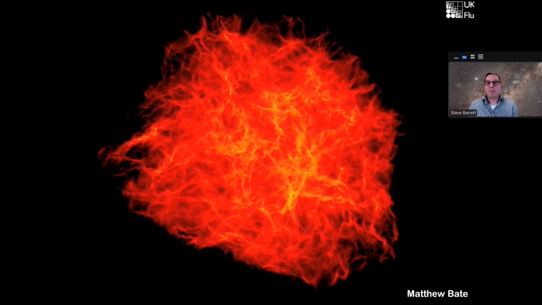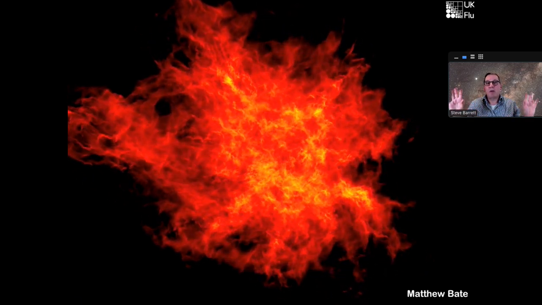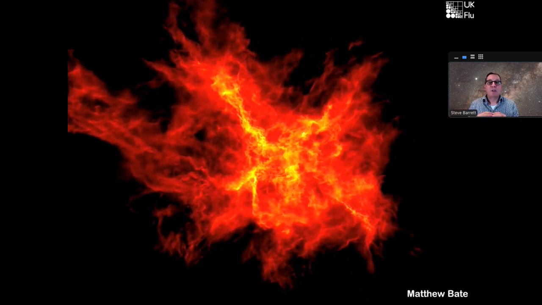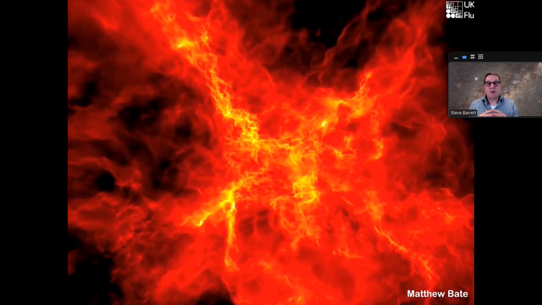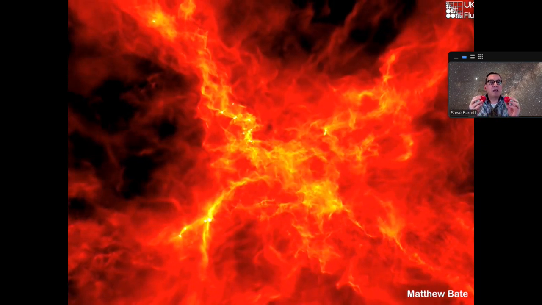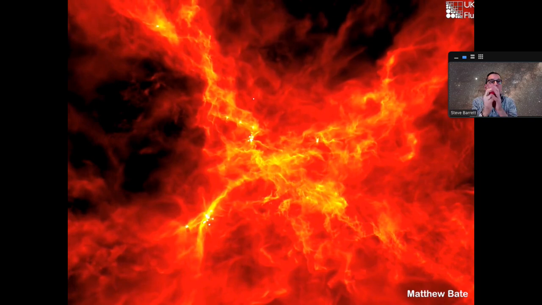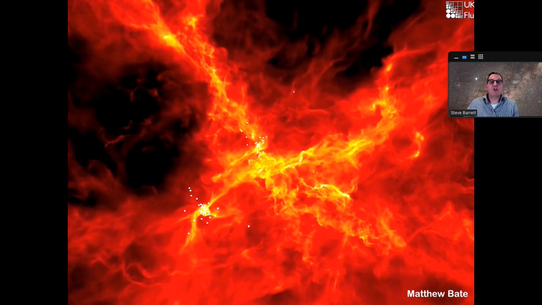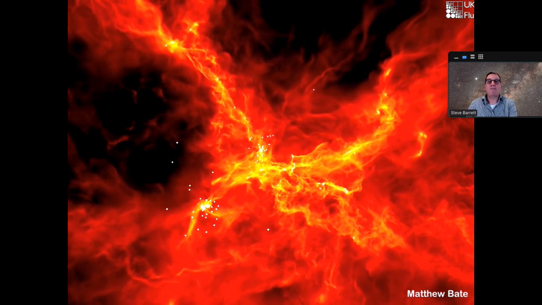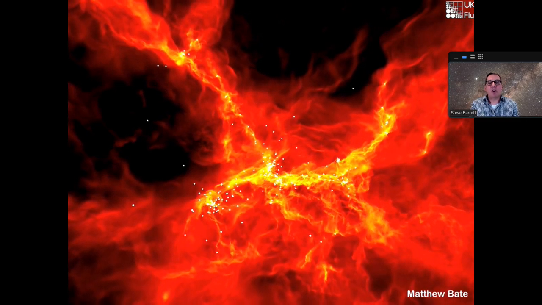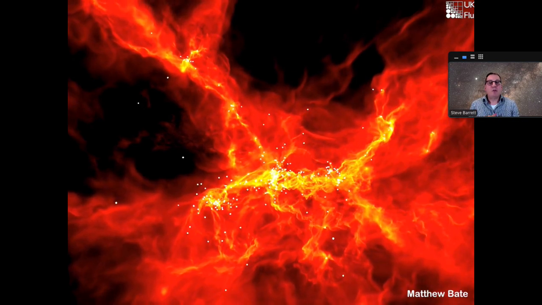So over a time period of perhaps a few million years, we can see that some of the cloud collapses, some of it might drift away. The brighter colours here indicate higher densities. And so you can see that gravity is starting to concentrate matter towards the middle, and when the matter is at a high enough density, it is possible for hydrogen nuclei to fuse and make helium. So nuclear fusion is the process by which lighter elements are fused into heavier elements, releasing energy in the process. And when these stars switch on, they are little white dots in this particular simulation.